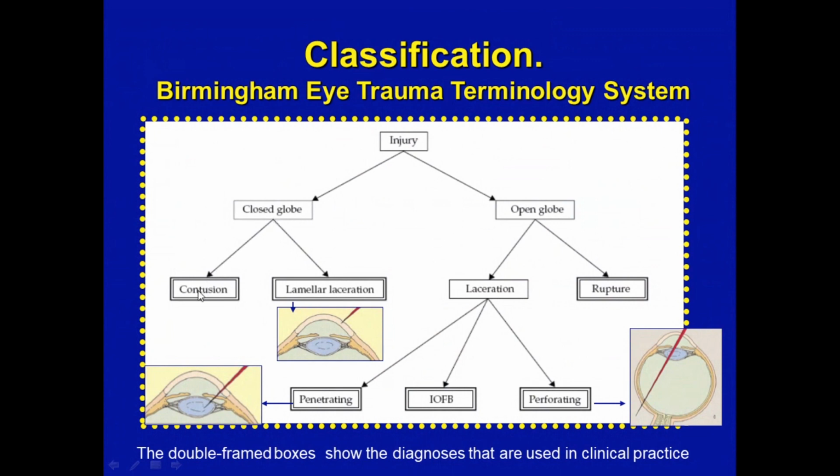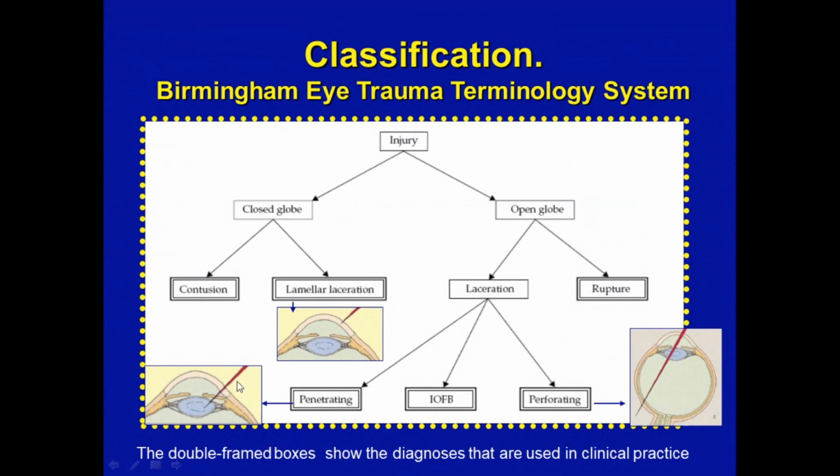Closed globe: contusion and lamellar laceration. Look at this picture. As for the open globe, we divide it into laceration and rupture. For example, in a severe contusion, maybe the rupture of the eyeball. As for the laceration, we divide these traumas into penetrating, when